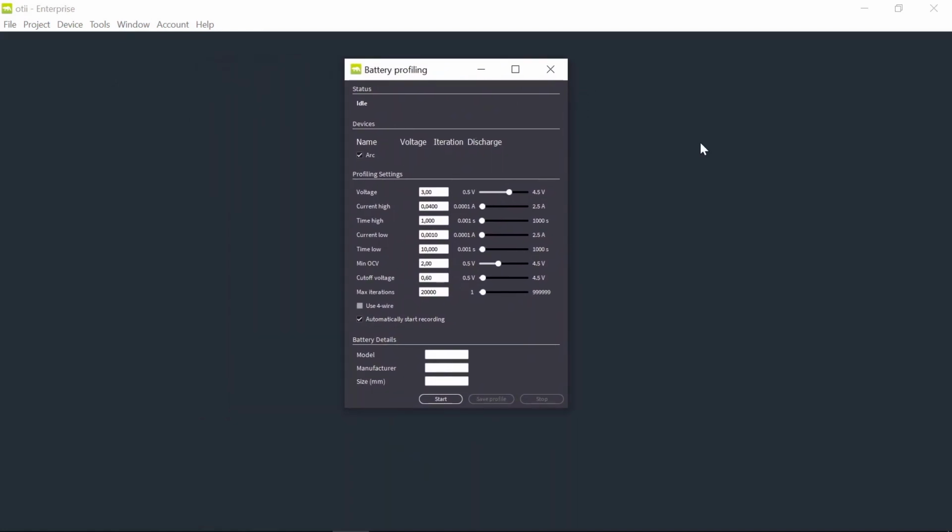To use battery profiling, you need a battery toolbox, the OTII battery toolbox, or the enterprise license. So here is how I set up the discharge. I choose voltage, and that's the nominal voltage of the battery. This will be measured anyway, so it's more for information. And then I will choose a high current discharge and a low current discharge for